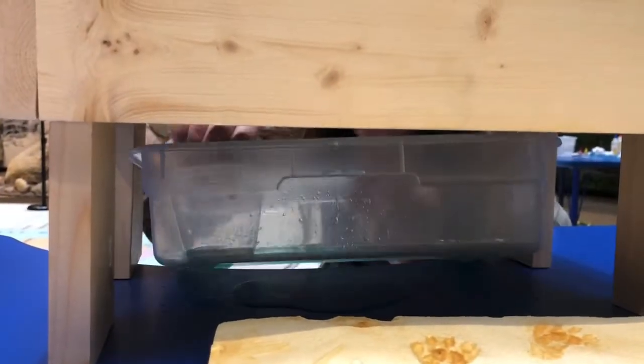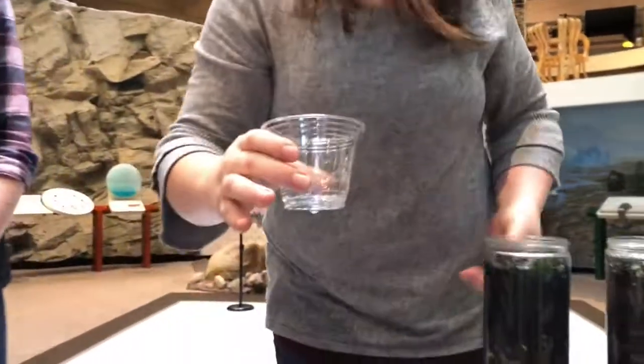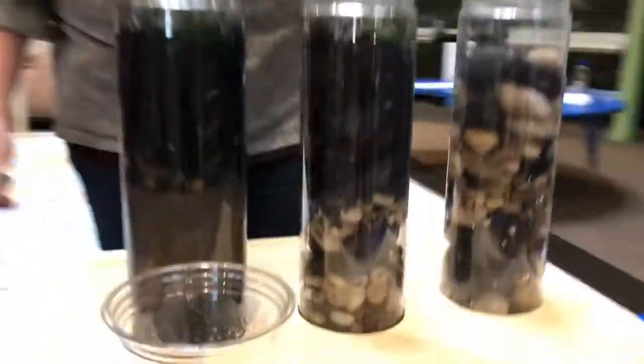All right. So we're getting a few drips. I'm gonna pull it out. There's not very much here, but we need like a white piece of, you can tell it's clear. That's awesome. Yeah, so